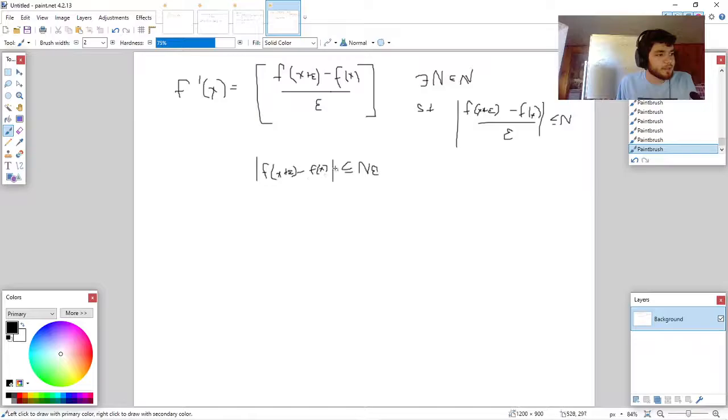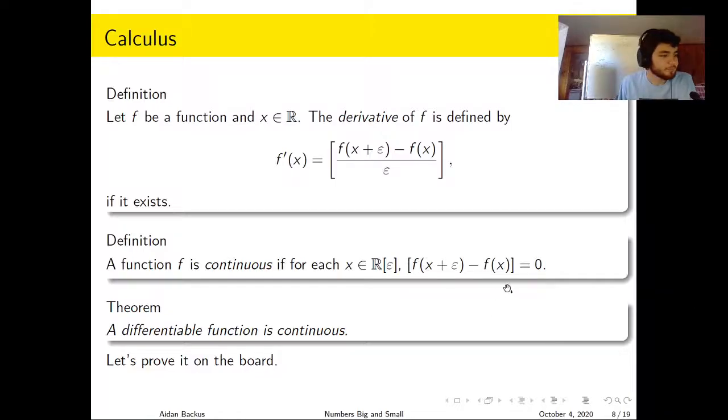So that means that this whole thing, well, this is an absolute value. It's at least 0. This whole thing is either 0 or it's an infinitesimal. And either way, that means its standard part is 0. The standard part of f of x plus epsilon minus f of x is 0. That is what it means to be continuous. So that wasn't so bad. Again, we take out the usual epsilon delta limiting argument and we just write down the formula and we just take the standard part.